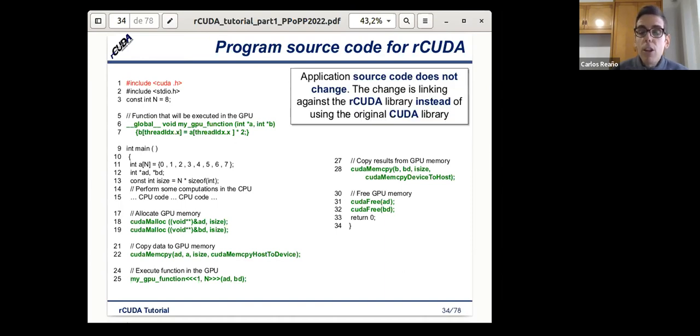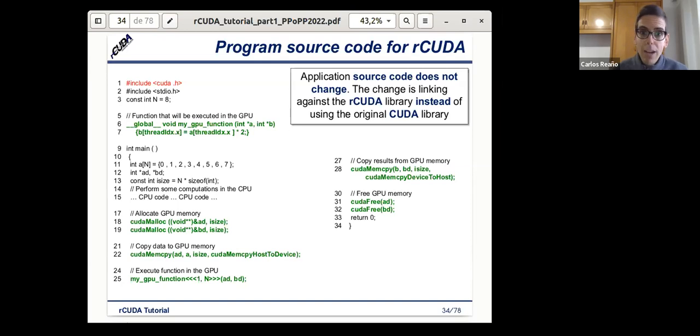The only change we need to make is that instead of linking the application against the original CUDA library, we just need to use the rCUDA library. So if we have originally compiled the application using dynamic linking, we don't need to do anything. We don't even need to recompile it. We will just substitute the CUDA library by the rCUDA one, and that's all.